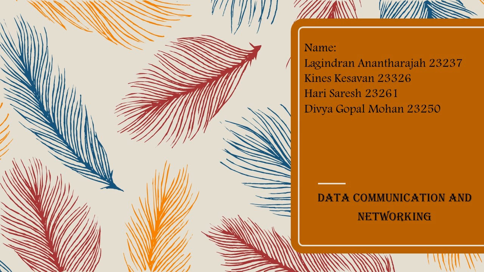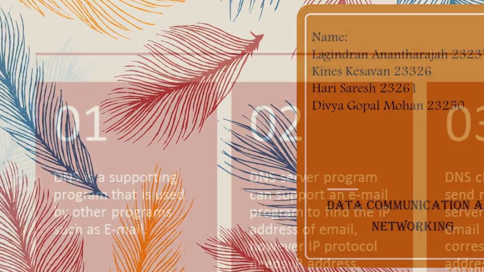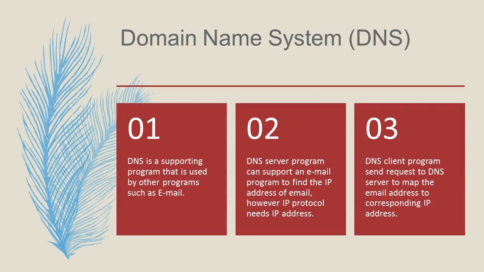Hello friends, today I'm going to talk about the domain name system, which is also called DNS. When the internet was small, mapping was done by the host file. The host file has only two columns, which is name and address. Every host could store the host file on its disk and update it periodically from a master host file. When a program or a user wants to map a name to an address, the host consulted the host file